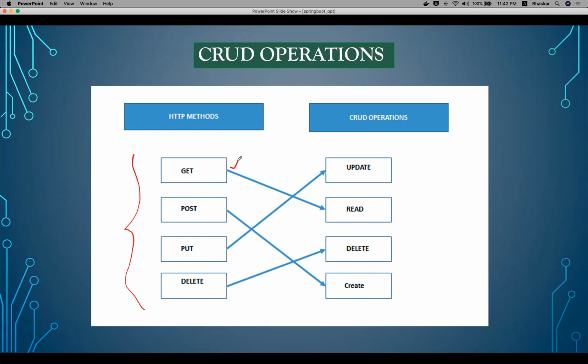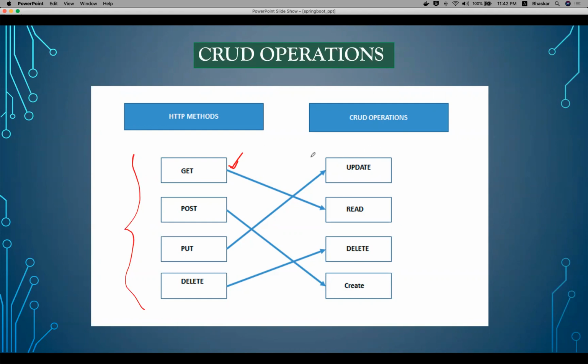Spring Boot provides a GetMapping annotation at the Spring Boot level itself. Previously you used RequestMapping, where you had to provide the HTTP method as get. Instead of using the old way of writing, Spring Boot has given us new annotations: GetMapping, PostMapping, PutMapping, and DeleteMapping. While developing our APIs we use these annotations.